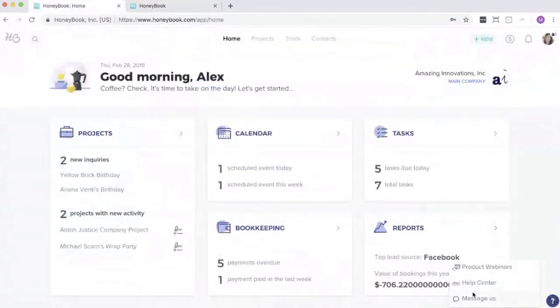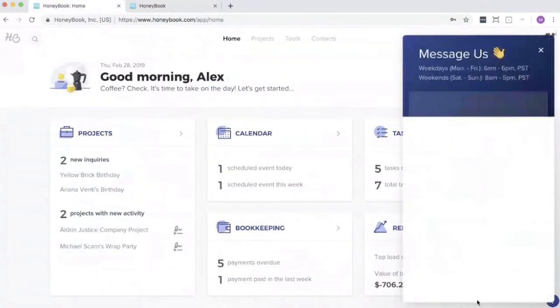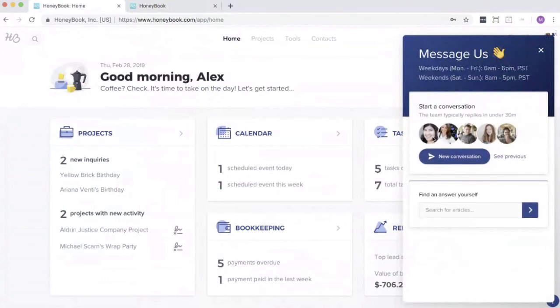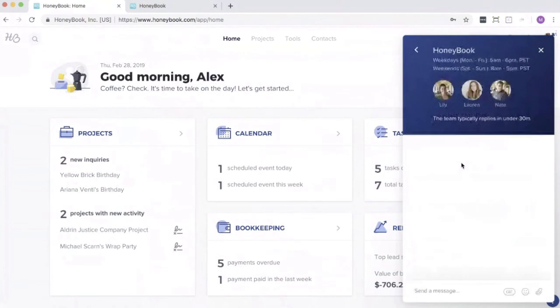But if the help center does not help, we also have this message us option. This is how you get in touch with our absolutely delightful concierge team. There are their beautiful faces up there. You click new conversation and send a message right to them. We are available 7 days a week at these hours, so feel free to get in touch if you have